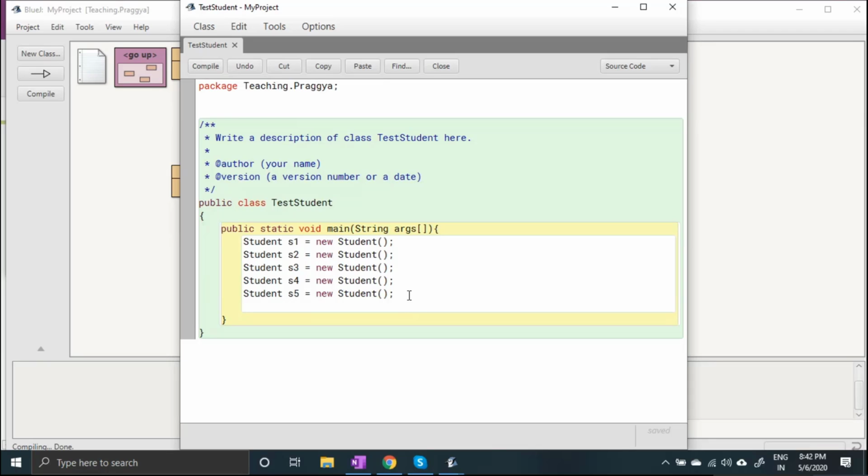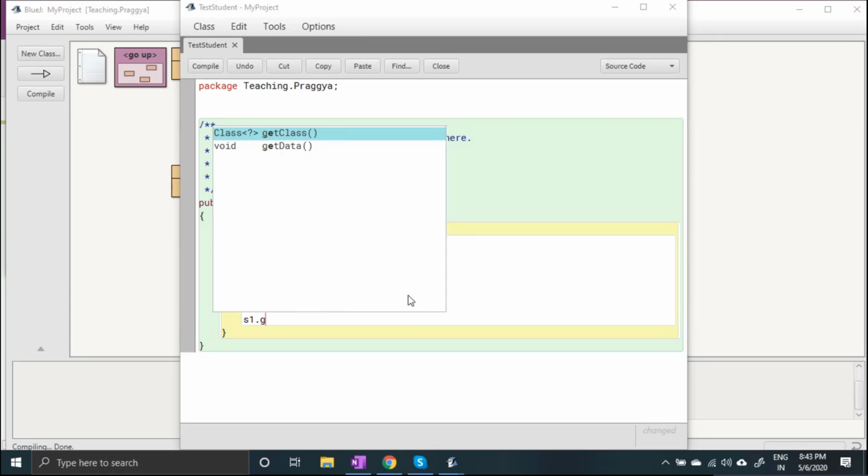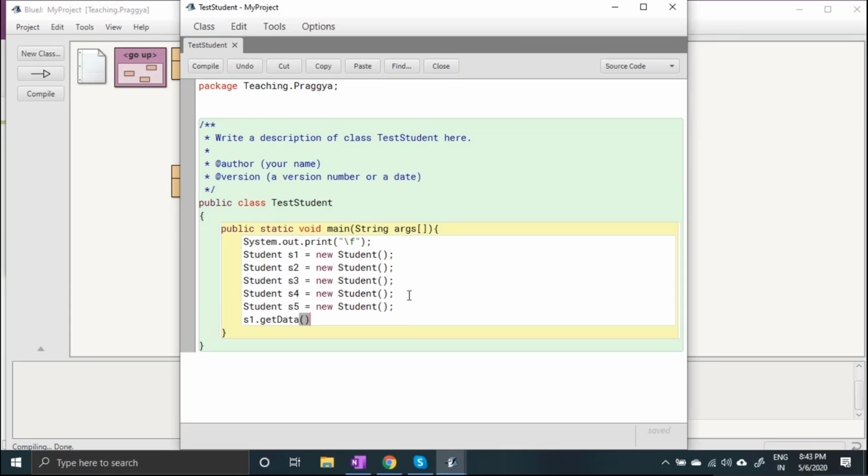Before calling the methods, I am clearing the screen here. System.out.print slash f, I'm doing the form feed for the new program. And then I'm calling the method s1 dot, if you write here g, you can see the get data.